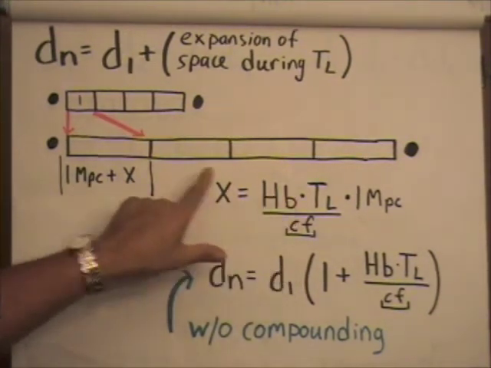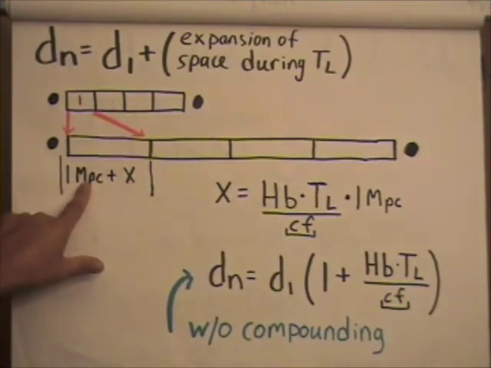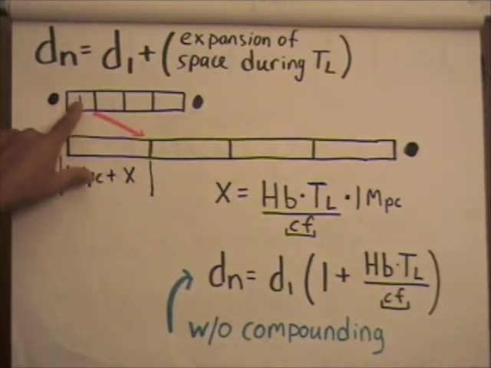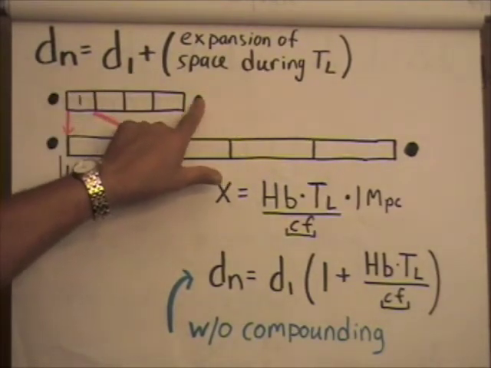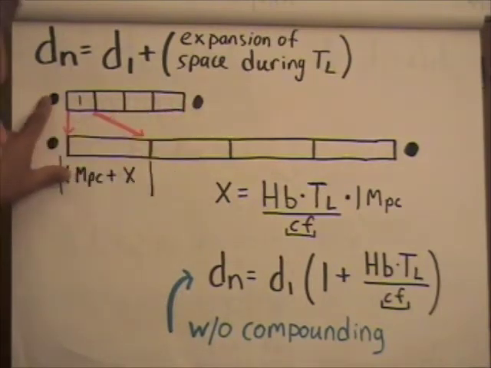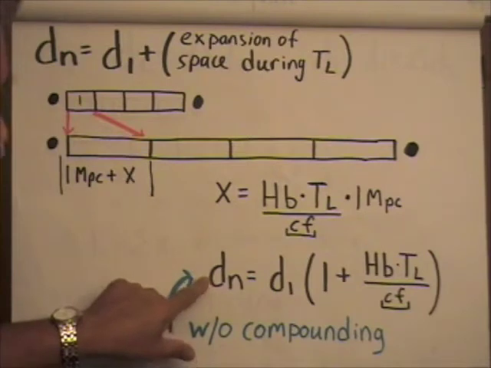And since this is the amount of the expansion for 1 megaparsec, and we know that originally we had d1 as the number of megaparsecs, then the final formula for dn is